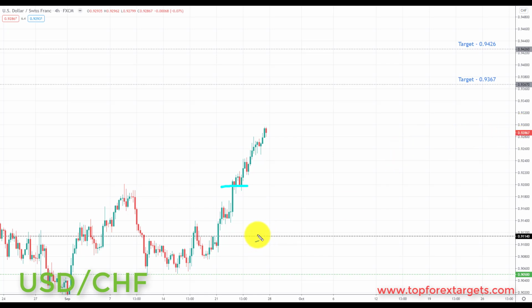So very simply put, going into this week, we are looking for further advances to the upside in this market once again. We're sitting right at the top of the move. We don't like to go long up in this area. So any correction next week down towards, although it's unlikely we're going to pull all the way back down to here, but any correction towards the 0.91140 next week is going to be viewed as another chance to start to look for bullish setups in this market. And we're going to be looking at initiating longs up towards the next key of resistance to the upside and the target set, the 0.9367.